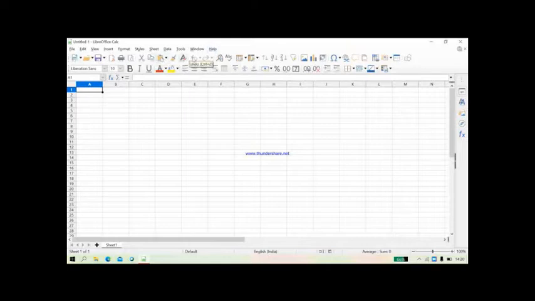The third one is the standard toolbar, where you will get all the standard operations like save, open, cut, copy, paste, editing, formatting. And the last one is the formatting toolbar, where you can see the font sizes, the font names, bold, italic, underline effects, alignment effects, percentage effects, formatting effects, all the effects you will get.